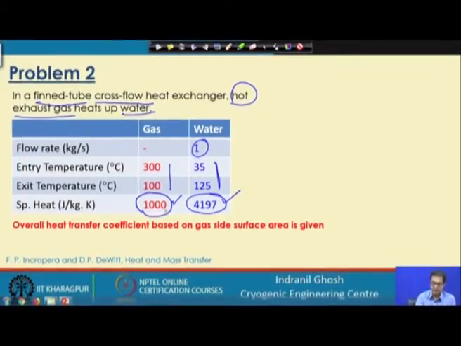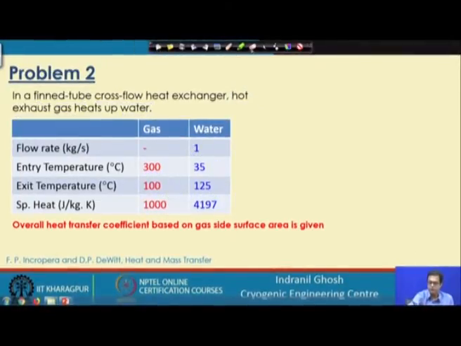The specific heat of the gas side fluid is 1000 joule per kg Kelvin, and for the water side it is 4197 joule per kg Kelvin. The hot gas is entering at 300 and getting cooled to 100, whereas the water is getting warmed up from 35 to 125 degrees centigrade. So, with this information, if we now look into it,